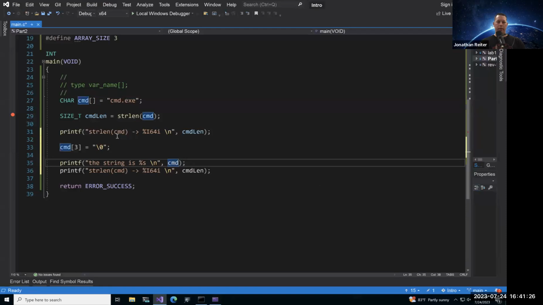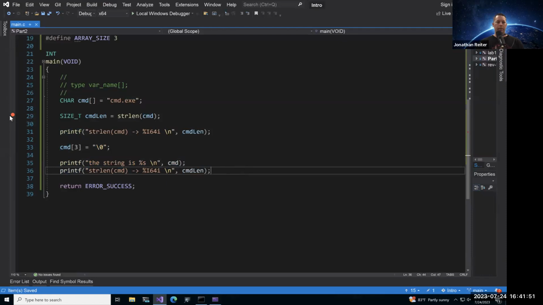The format string value here is going to be cmd. So, 2 printf statements. The modification here is we're coming in at the third item and reassigning that one to 0. Then we'll say printf, the string is that, and we'll use strlen. And watch, let's see what happens.